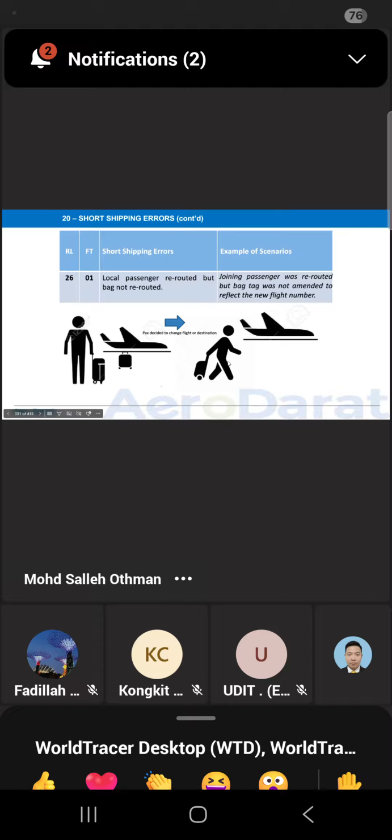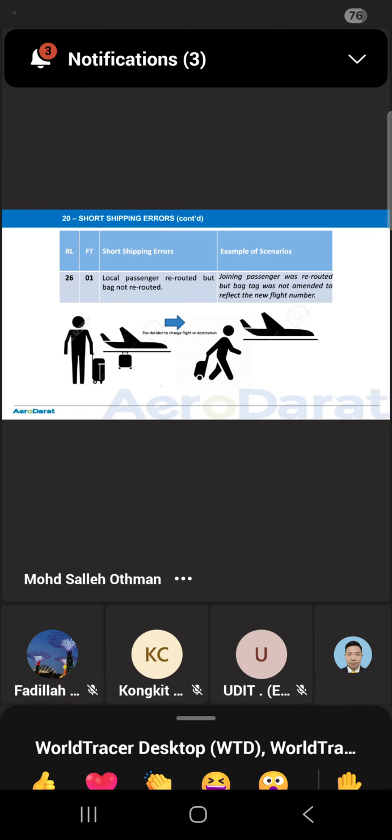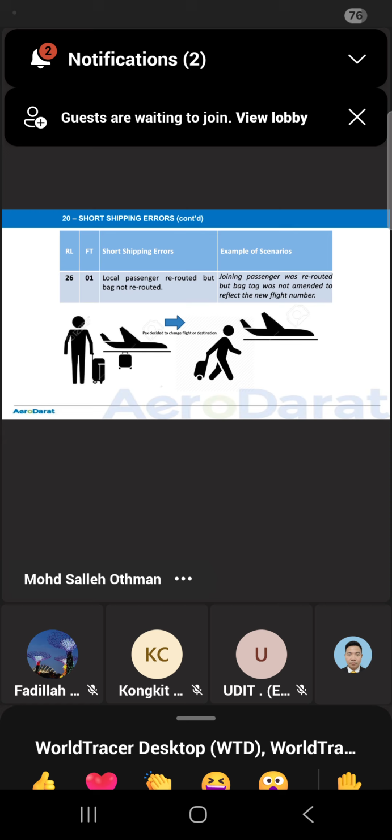If you cannot transfer the luggage and passenger insists want to claim for the new flight, so the bag already checked in. You have issued a normal tag, so you can advise passenger to sign the amenity form. Okay, in the amenity form, I think at the check counter there, passenger has to sign.